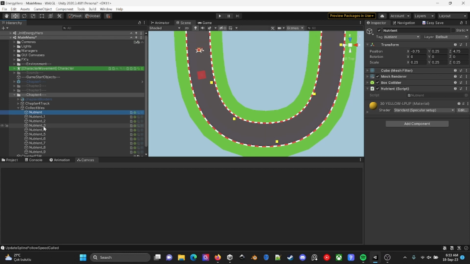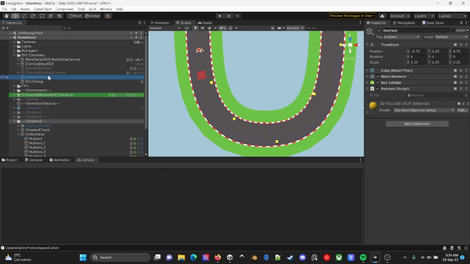So these are my nutrients, and when the player or the opponent, no, actually only the player, if only the player collects these nutrients, it gives the player a speed boost, but also the player needs to check the slider over here, which should be a heat meter.